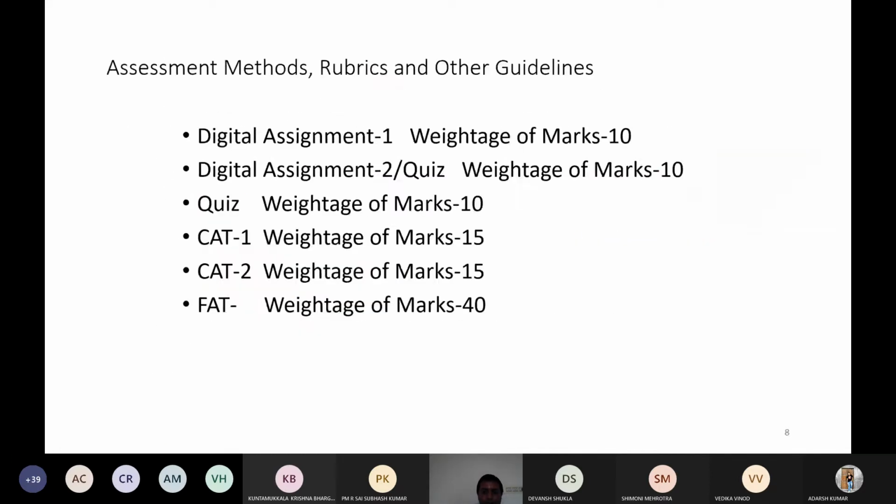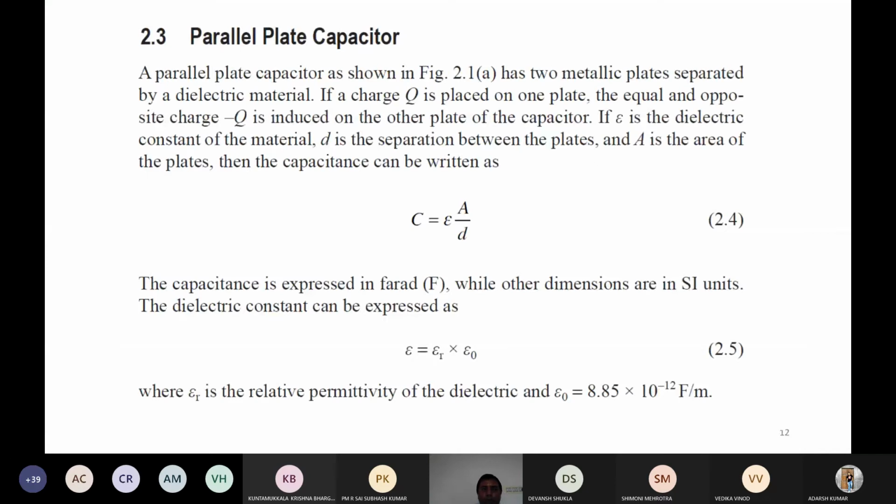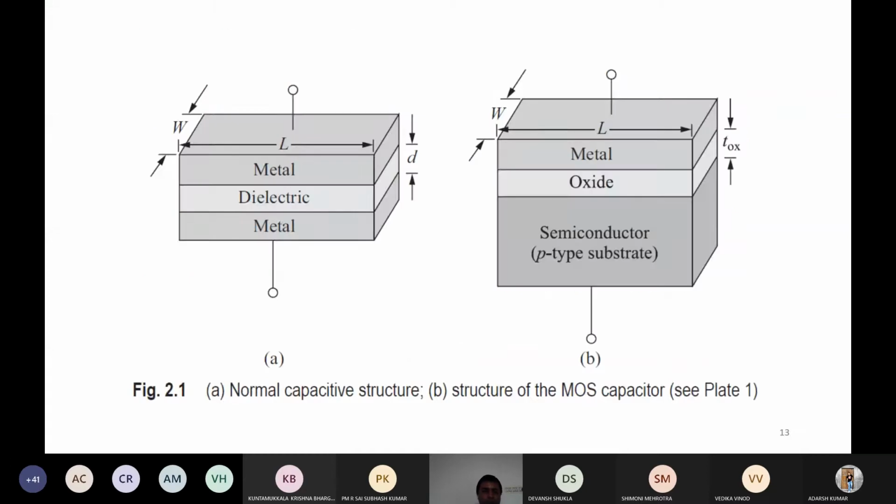These basics we have already discussed. So let us come to the parallel plate capacitor. To understand the MOS capacitor, we should first understand the parallel plate capacitor. As shown here, this is metal, and the top one is also metal. There is a dielectric between them, the length is L, and the dielectric thickness is D. The plate area is L multiplied by the width W of the plate. So L into W is the area of the plate, and the top and bottom plates are there.